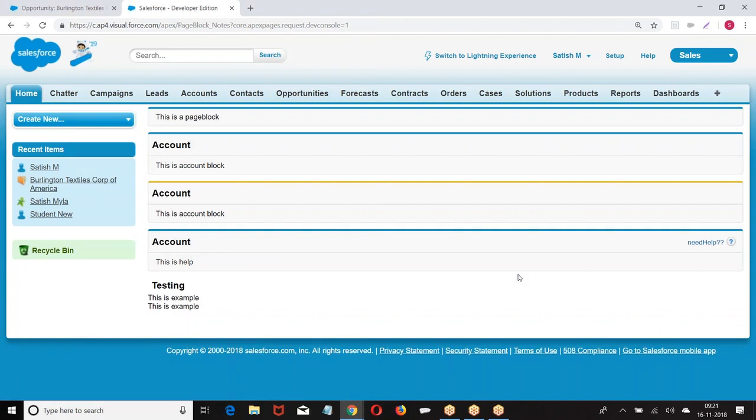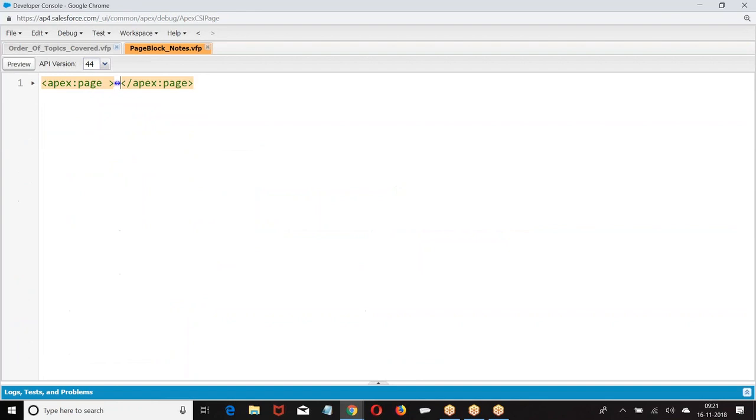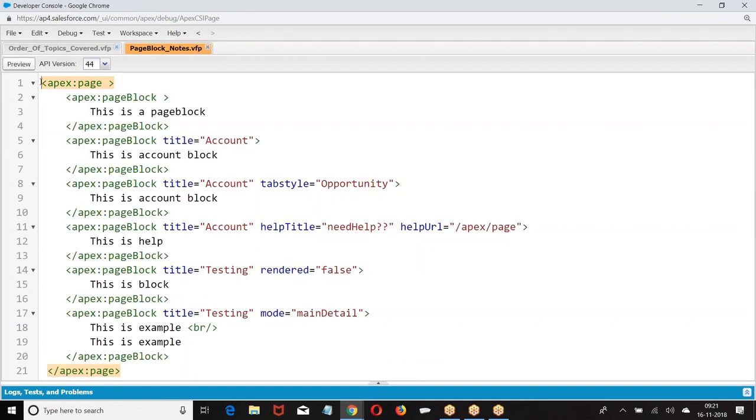Okay, Nama? I hope you're good. Every component has a specific purpose. Only that purpose will be met by using that component. It will not behave like any other component. So I hope this structure is clear for everybody. What are the properties we have? Let me quickly give the properties.